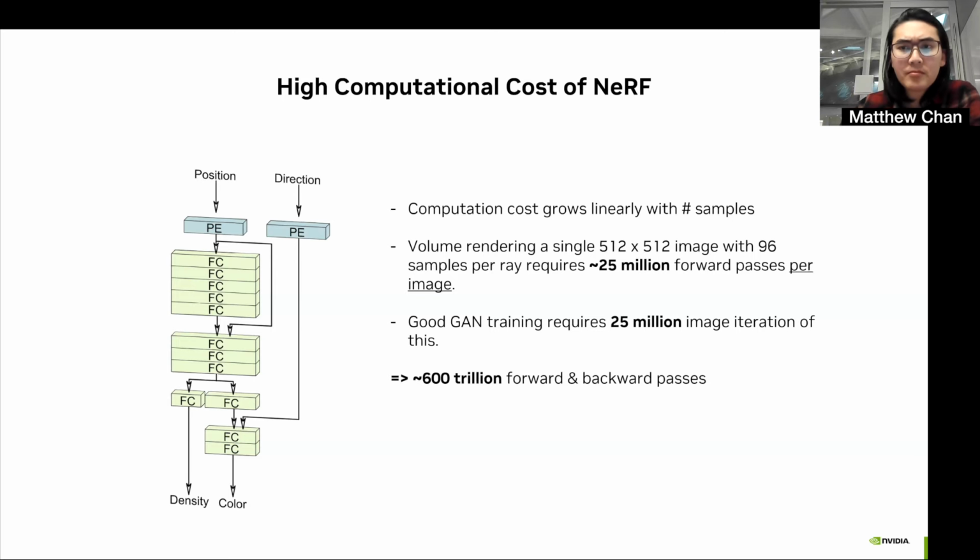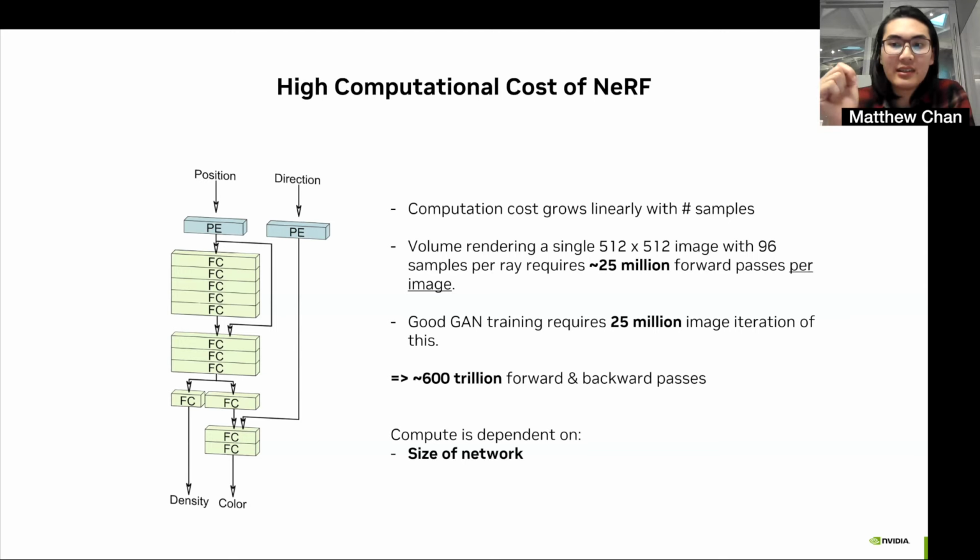So the good news is there's a few things that we can do to make this cheaper. Let's dissect that. For starters, the network is ginormous. If we could shrink the compute cost of evaluation, that would be a great place to start. Additionally, if there were a smart way to reduce the number of samples that we render, or sorry, the number of pixels that we render, we should grab it.